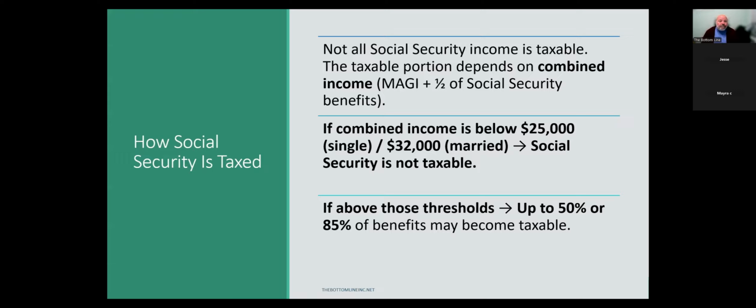But if you're lower income, you're in your 70s, you can't work or you don't want to work at this point, and you have a small pension where you get another $1,000 a month, so you're getting 12,000 in a pension and 12,000 in Social Security. The $25,000 threshold is only for income that's not Social Security. So you could make 24,000 in a job or in the market, or have another IRA or retirement fund, and as long as you're making under 25,000, none of your Social Security is taxable.